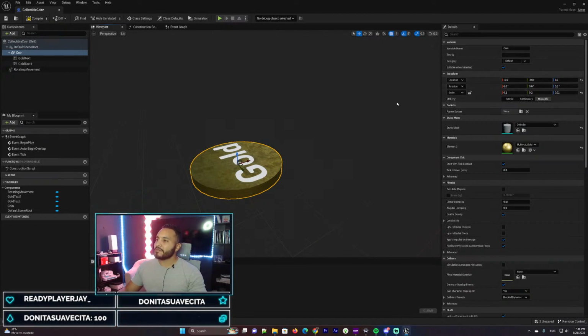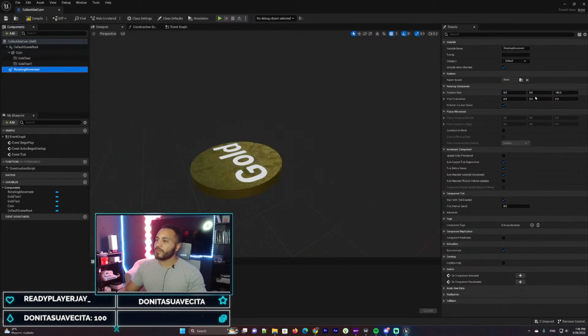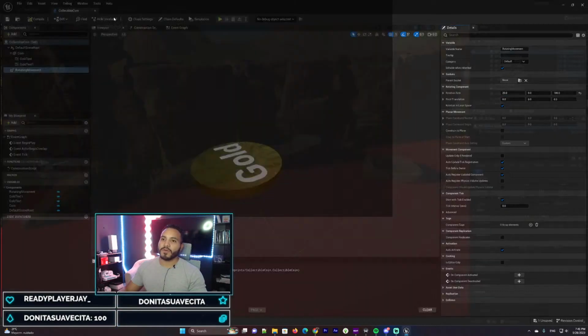So we have rotation over here for rotating movement, and we have rotation rate for x, and we're gonna change that to, I don't know, let's make it 20 just to double check. It's gonna spin super slow, but